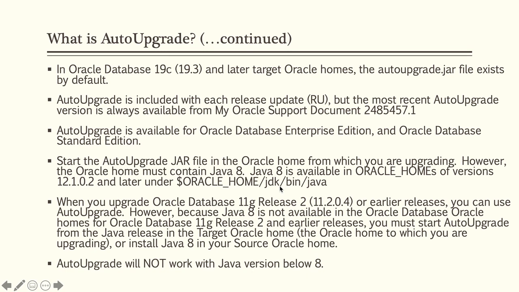But somebody may say, imagine that I have an old Oracle home running on host A, which is 11.2.0.4. And on another machine, I would like to take this database to 19C. What should I do? You go to the source host where you are running 11.2.0.4. Make sure on that host you have Java 8 available. Run the first part of the auto upgrade process on that host. Basically, the two steps that you need to perform on the source host are analyze and pre-checks and prefixups. Those are related to the source database.